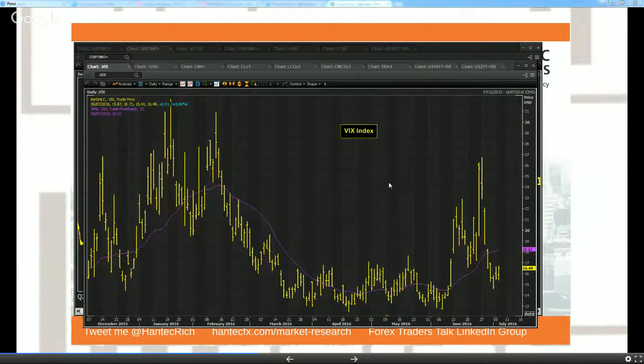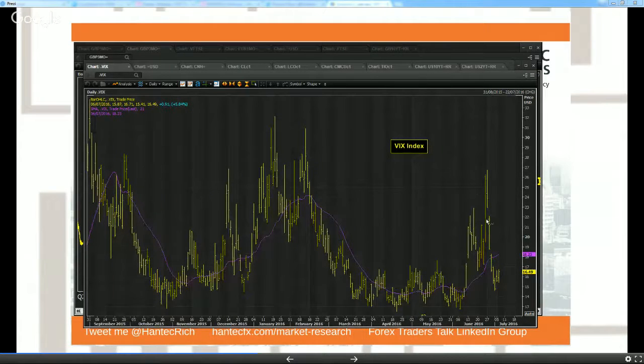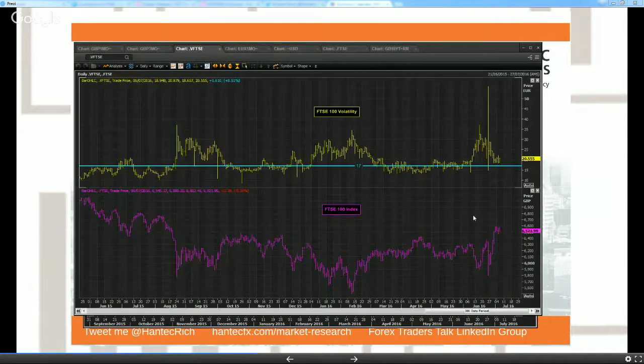I'll talk about that in a bit. Here we have equity market volatility on S&P 500 options, and what we've seen is the volatility coming sharply down. It's back around levels that you could argue are reasonably complacent. And just looking at the FTSE volatility as well, you can certainly see a negative correlation between FTSE volatility and the FTSE 100 index. And FTSE volatility has fallen away to be very low in the last few days. Now, you could argue, is that a little bit of complacency creeping into the market?